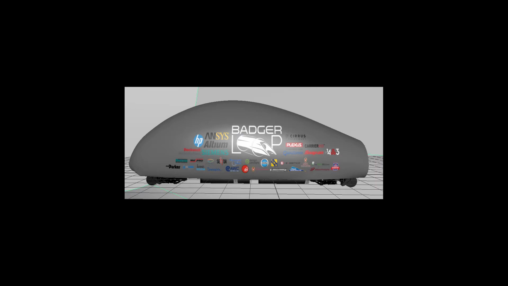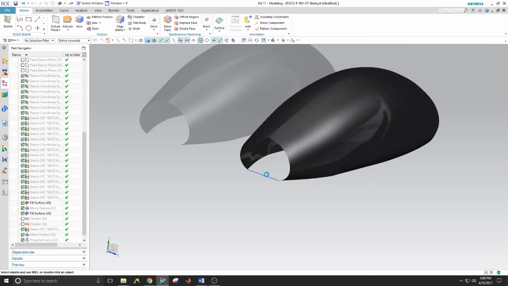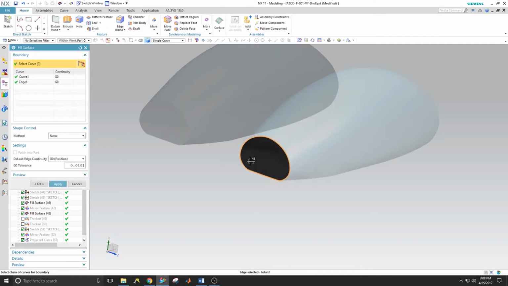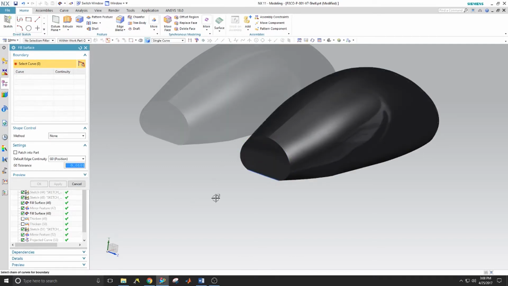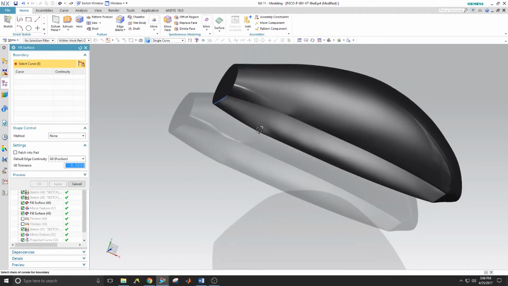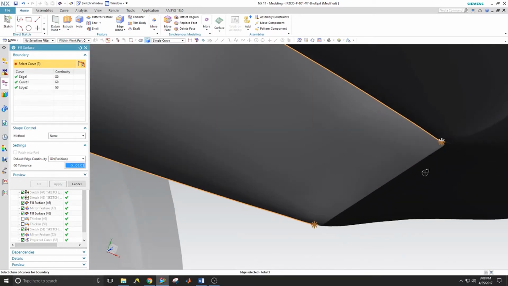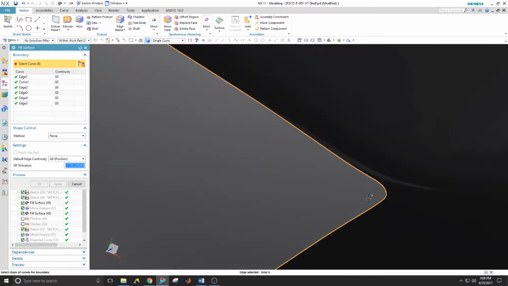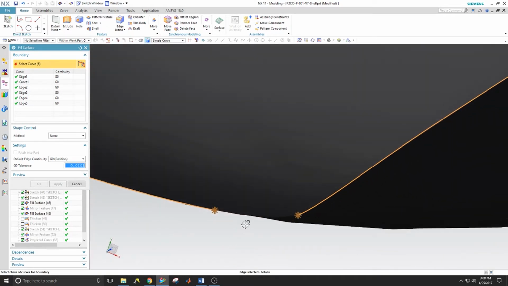Fill surface does have the same ability as the bridge gap, as in to not be continuous. So we're once again going to just select the three curves and make sure that our default edge continuity is set to position. And this is going to try and just create a continuous shape. It won't be matching second order or first order continuity. We're going to do the same thing with the bottom of the pod. Now if you notice the asterisks, they show you where you don't have a complete connection. So we're going to just complete those to make it a full side, and we're going to apply once again with default continuity set to position,